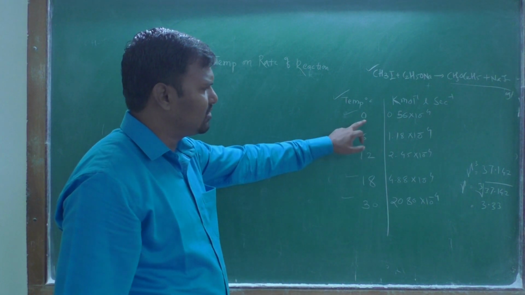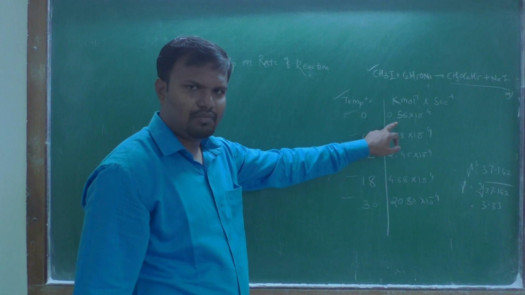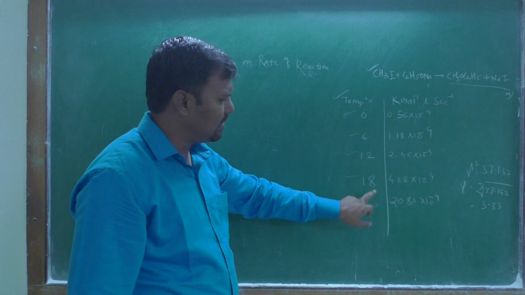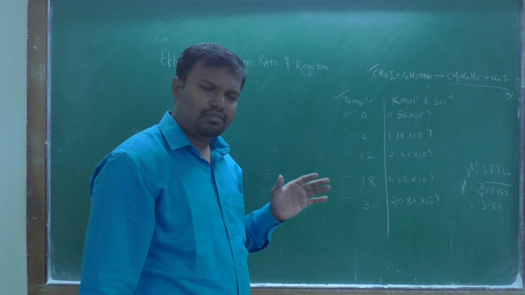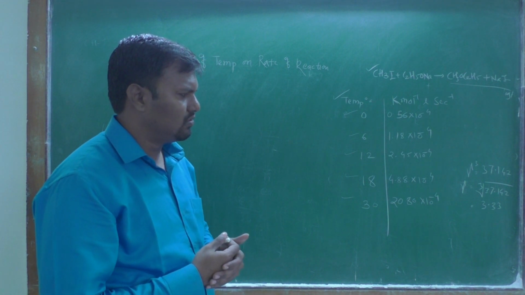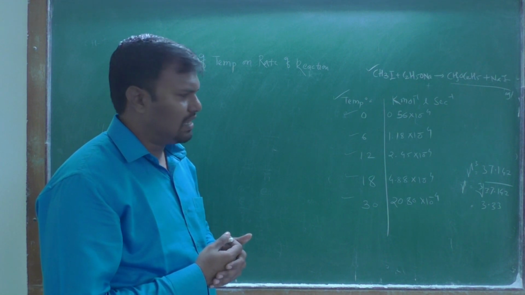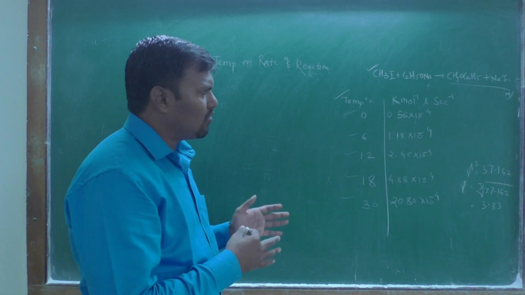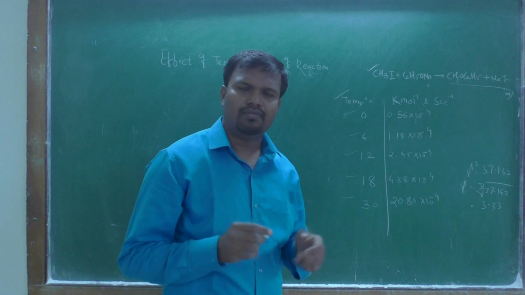At 0 degrees Celsius the rate becomes like that. For 6, 12, 18 we have performed experiments and found the rate constant. It is found that as the temperature increases, the rate constant goes on increasing,